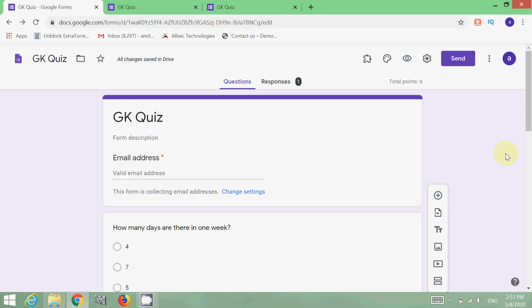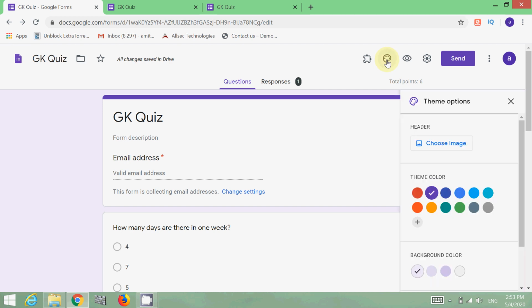Now another thing, how you can do the beautification of Google Forms. For the beautification of the Google Form, just click on the customize theme option. Just clicking on the customize theme option, you can change the theme color of the Google Form, as I want to make it red orange. So the color of the Google Form will be changed, and I want to change the header image.